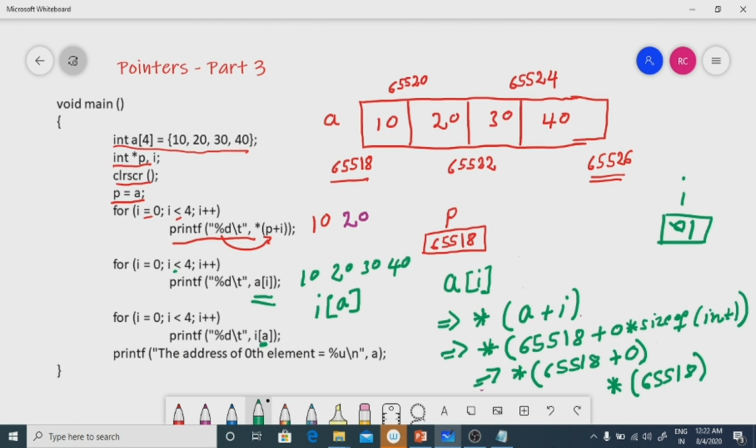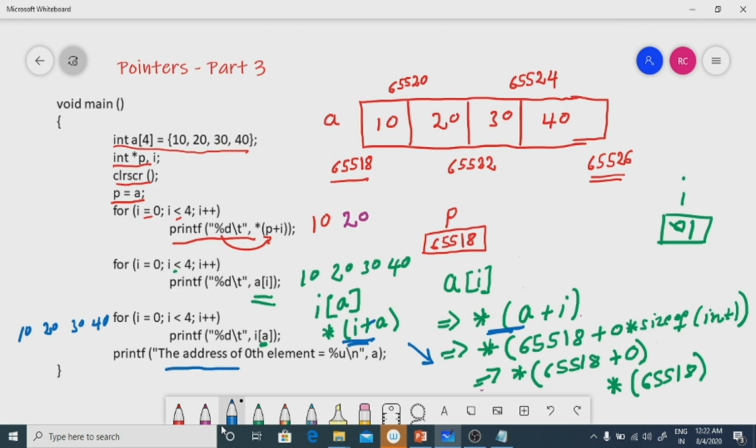No, because internally this will be converted into star of I plus A. So star of I plus A is very similar to star of A plus I. This will be calculated in the same way, so here also you get the elements 10, 20, 30 and 40. So A of I and I of A are both the same.